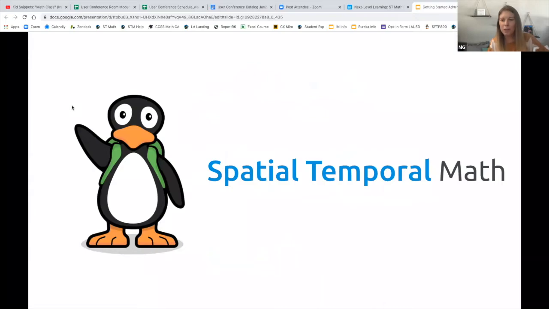As somebody already mentioned before, they know that the ST in ST Math stands for spatial temporal. So here's the question. Why would we name an entire program after spatial temporal? Why is that what we would call our game? And the reason is because we teach math the way that the brain naturally learns it, and that's using a spatial temporal approach. So let me explain what spatial temporal actually is, because it's probably a term you heard back in your master's program or whatever when you were in school at some point, but maybe haven't given much thought to lately. So spatial